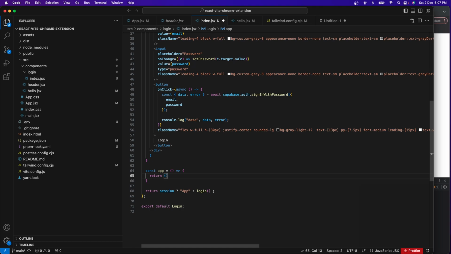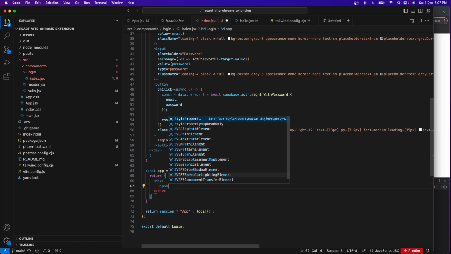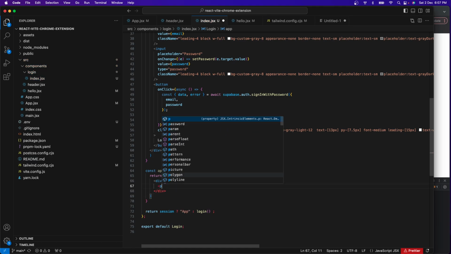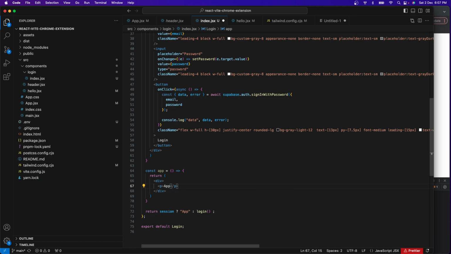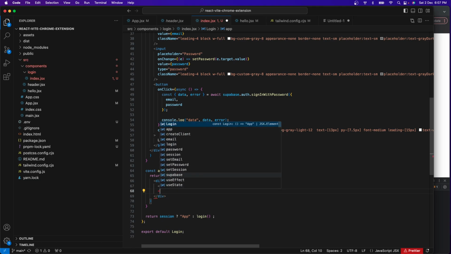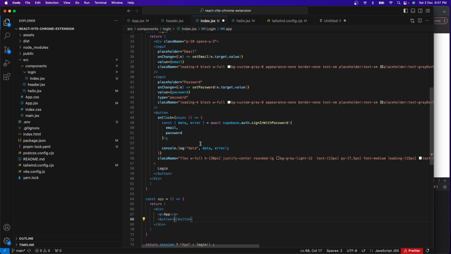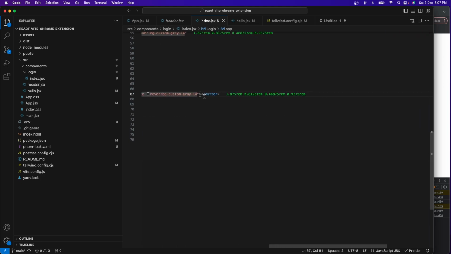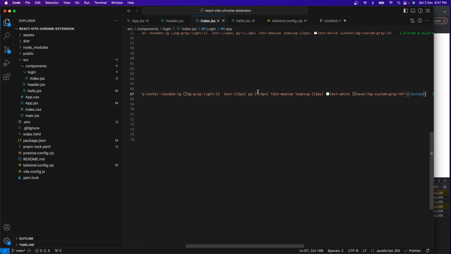So return, I'm just gonna have a div that says first is span, that says not spam, or I'm gonna have a p tag. It says app, and then I'm gonna have a button. I'm going to add the same styles that are over here. And then let's format this as usual, and then inside the button, I'm going to add a text that